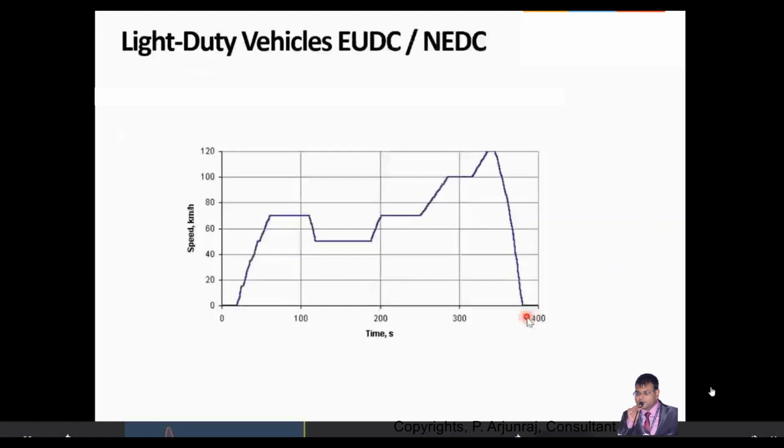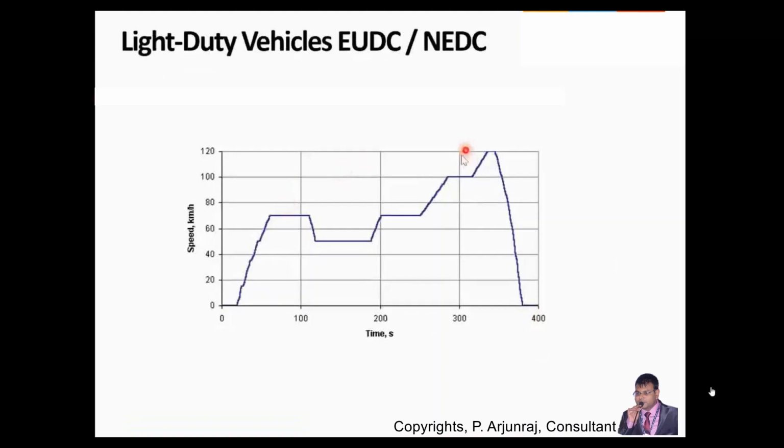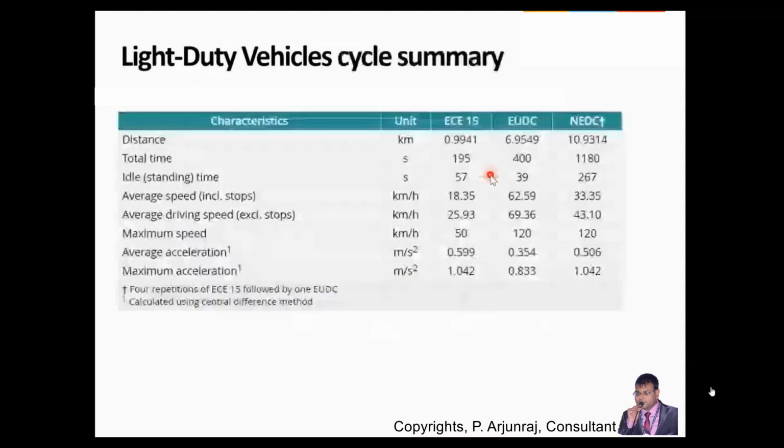European driving cycle and the new European driving cycle, where you can see the speed comes up to 120, whereas in India the average speed is 90 km per hour. So here we consider the maximum as 120, whereas in ATP it will be 140. In the US they follow